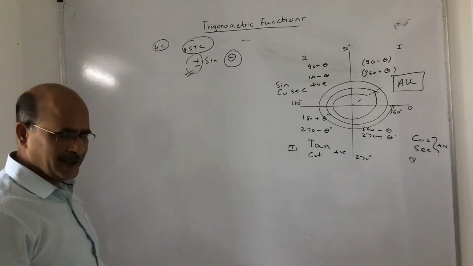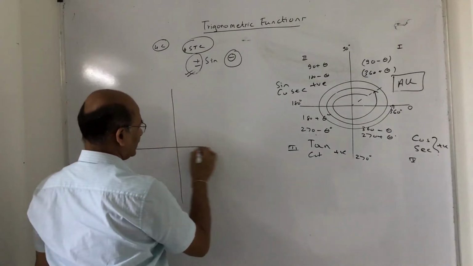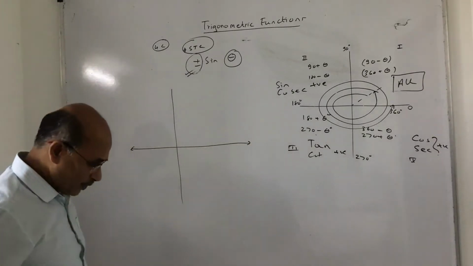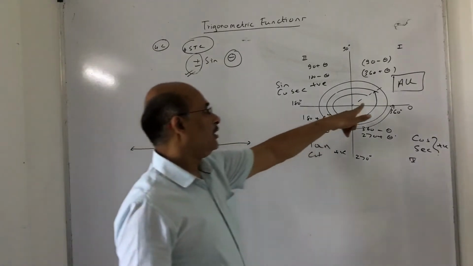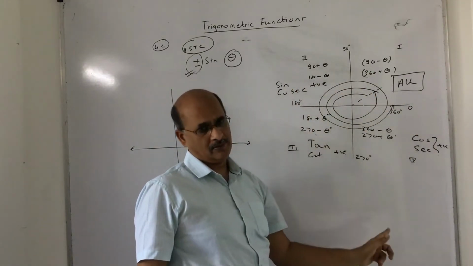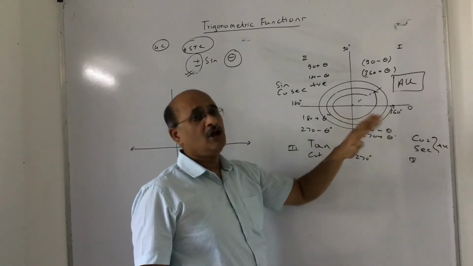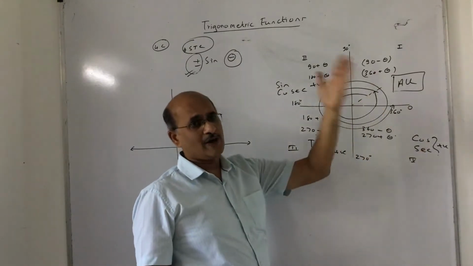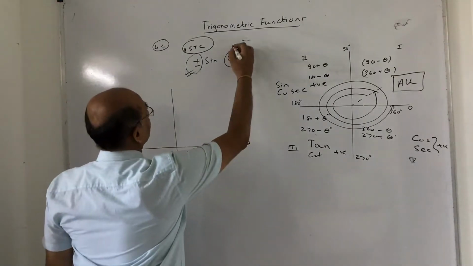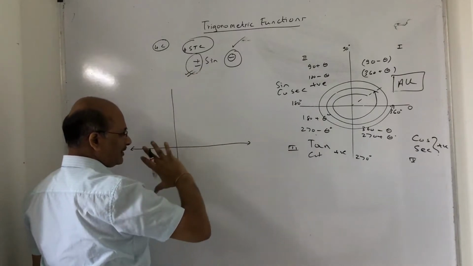Now, second point, a very important point I want to share with you, now this I want you to understand. Pay attention very carefully. As I had said, the terminal arm can rotate any number of times. It doesn't need to have only one rotation of 360 degrees and stop. It can go 720 degrees, 1025 and so on. We will see this when we are studying theta in detail.